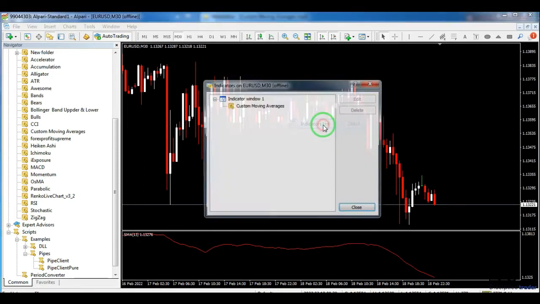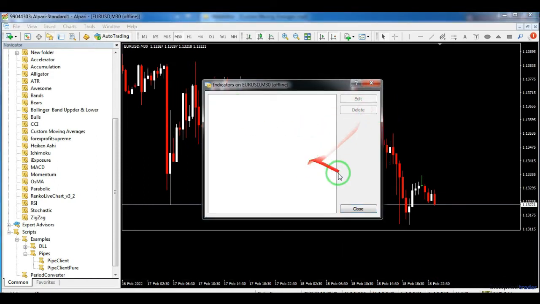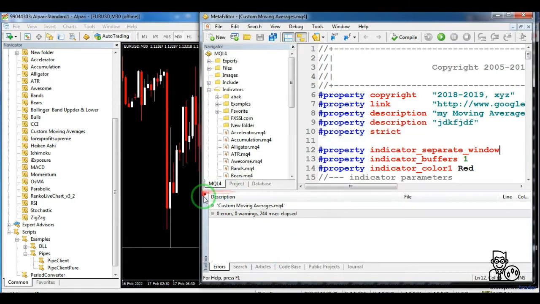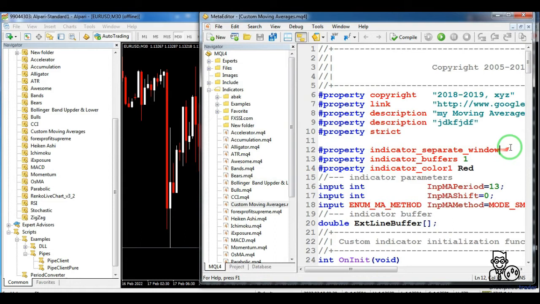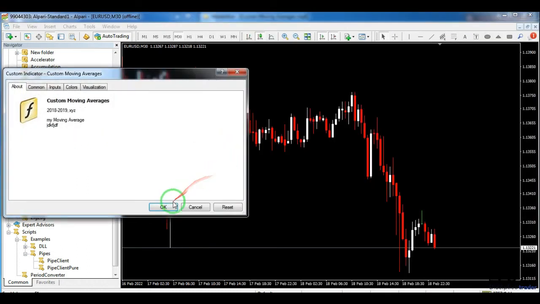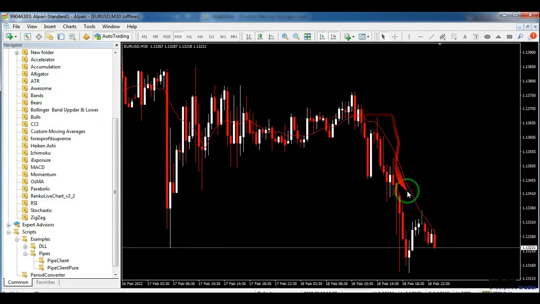Once again, I remove the indicator from the chart and drag it on the chart again. When the command indicator_chart_window is written, the indicator is displayed on the chart. You see that it is displayed on the main chart.